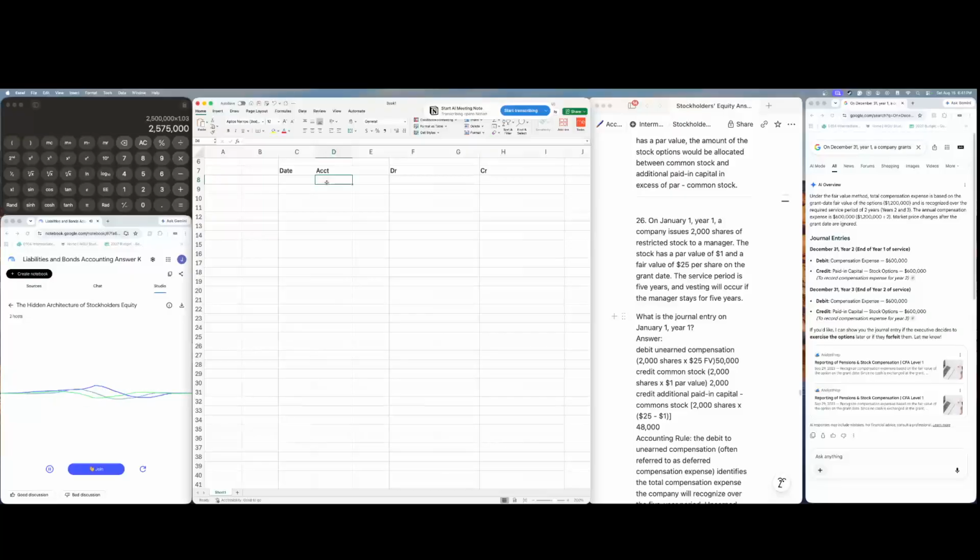Right, so on day one, we have to record the total value of those shares. For example, 2,000 shares at a $25 market price is $50,000. We record that whole $50,000 as